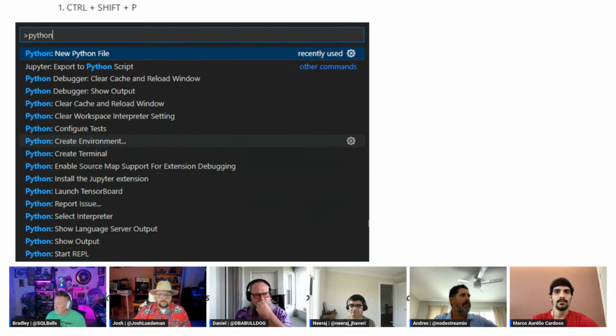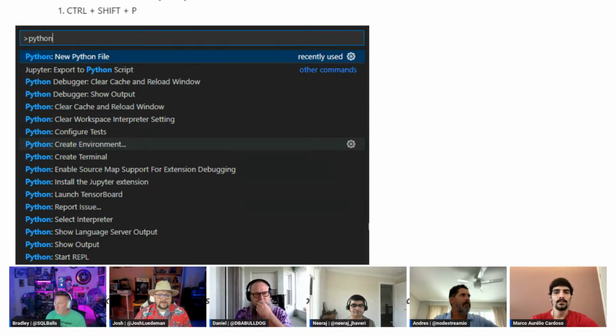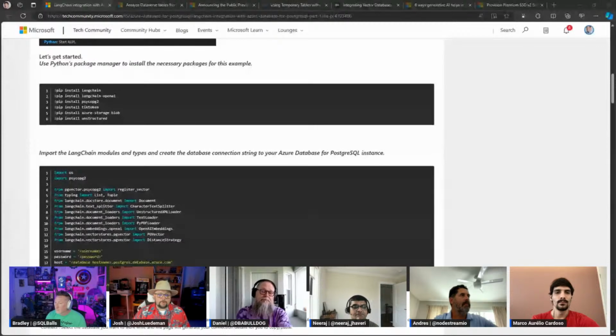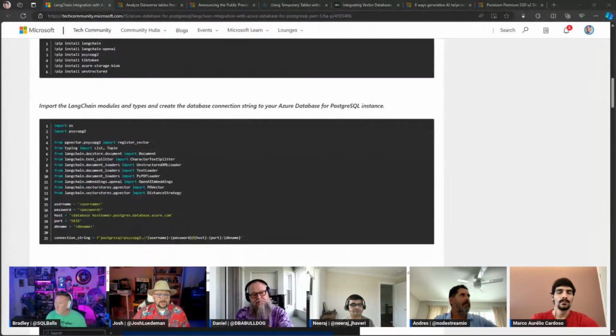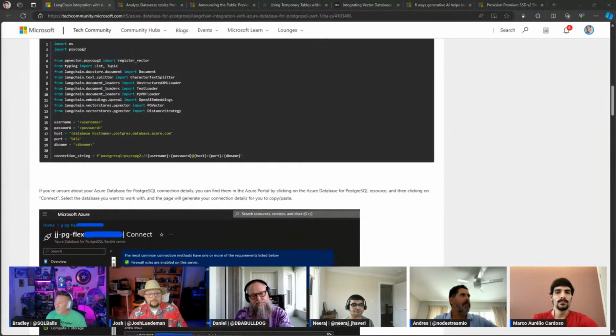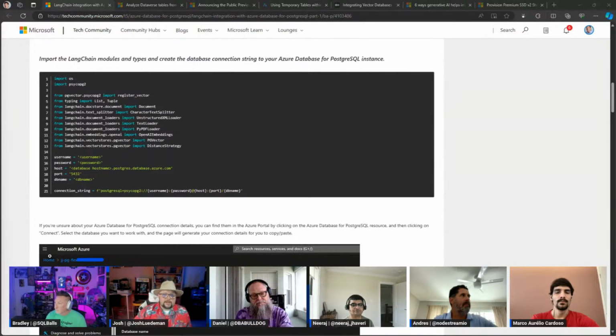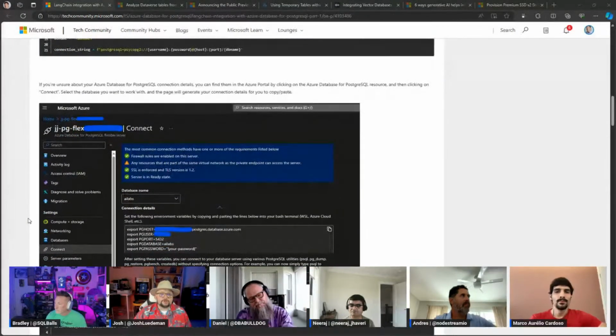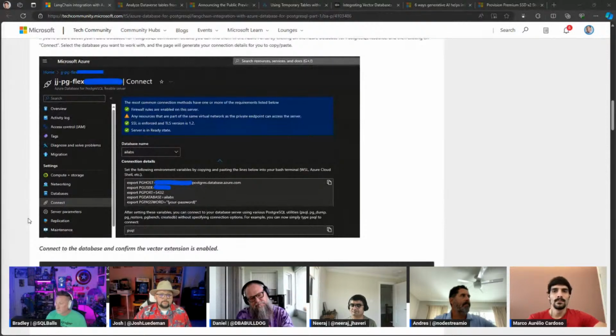And then doing a little bit of similarity search and things like that. The next one's going to get into adding a chat interface. And then part 3 is using LangChain to add chat history to the Postgres database. So it's really going to be an interesting solution.